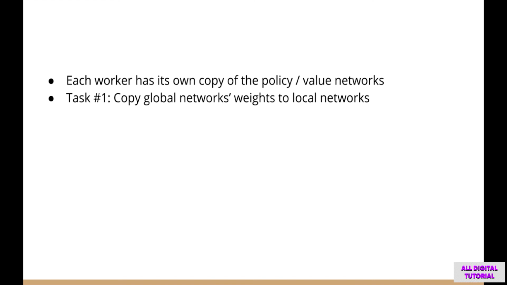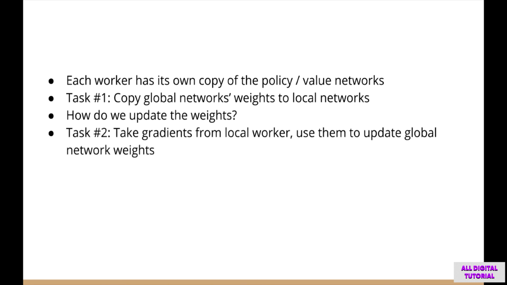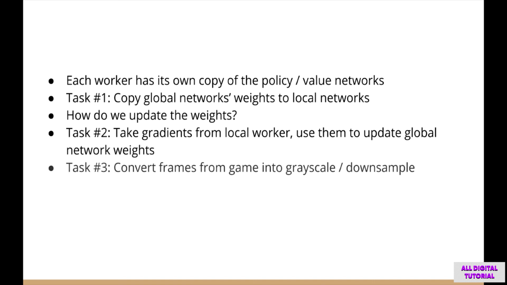In addition, we still haven't discussed how we're going to update the weights of the global networks. Recall that the gradients are going to be calculated for the local networks, and these gradients are going to be used to update the global networks. So that's another function we have to write, something that updates the global networks using the local gradients. We also need some other basics, such as a function to convert the images from the game into grayscale and downsample them.